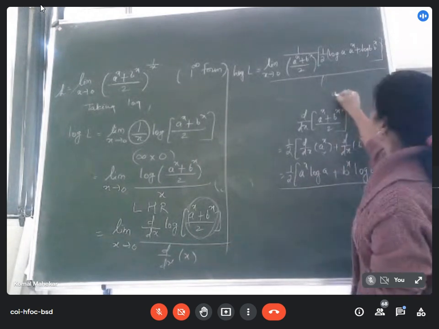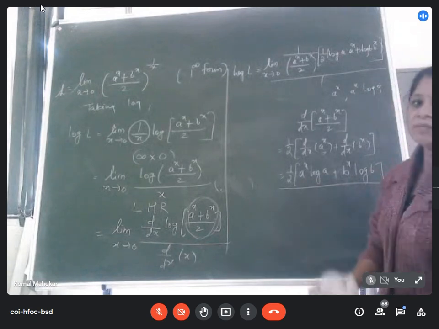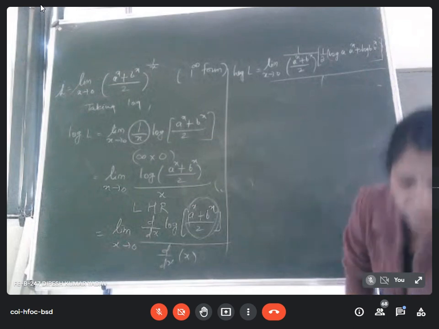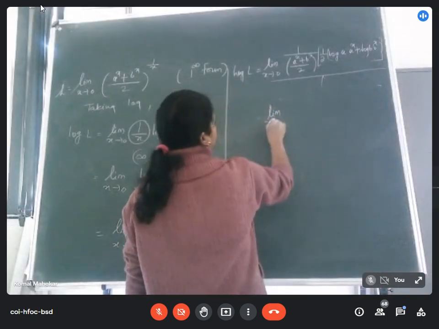Just we use the formula for derivative of a raised to x, a raised to x into log of a. Okay. And now simplify this. So this becomes limit x tends to 0 of